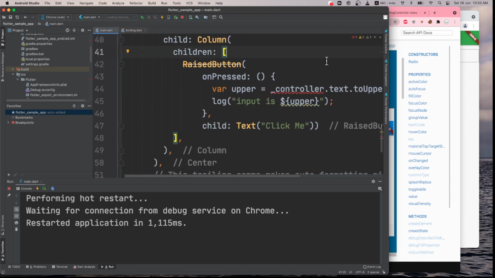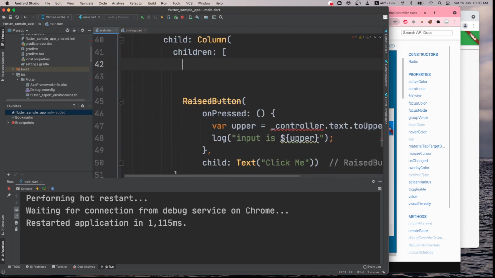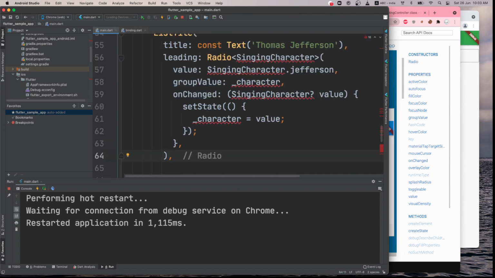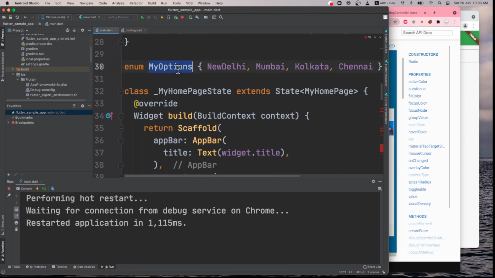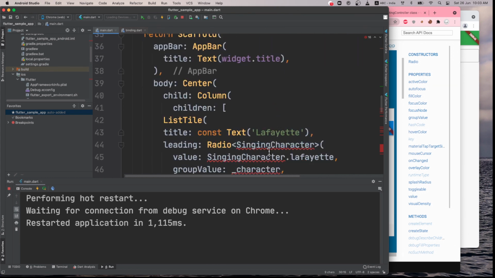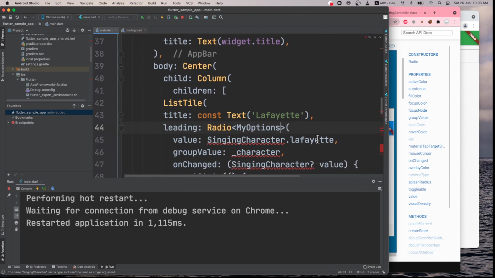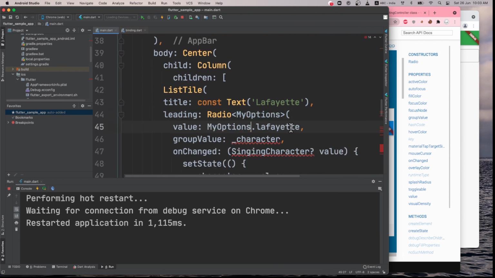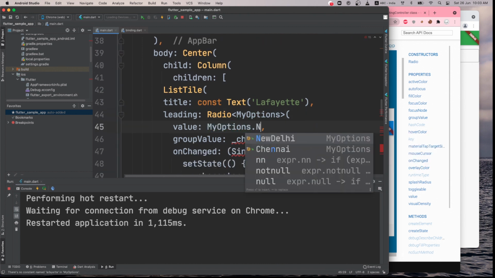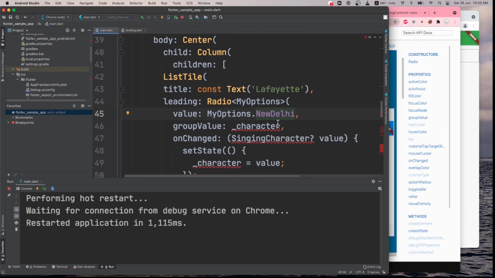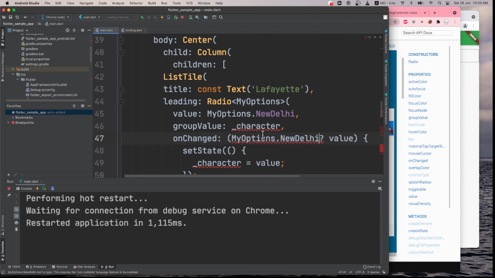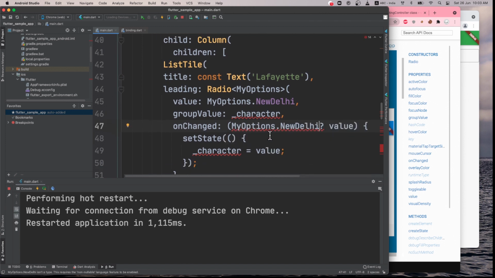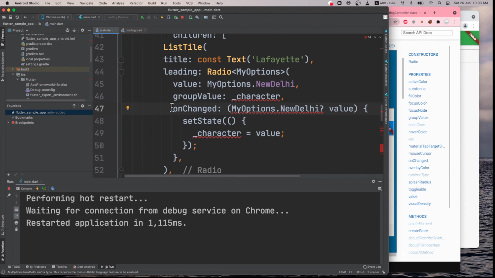Before the raised button I will copy paste this whole thing, and what we have defined, my choice, my options. Define this, my options, New Delhi, and we can define this first.